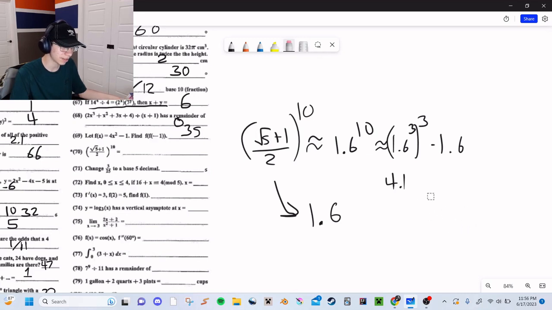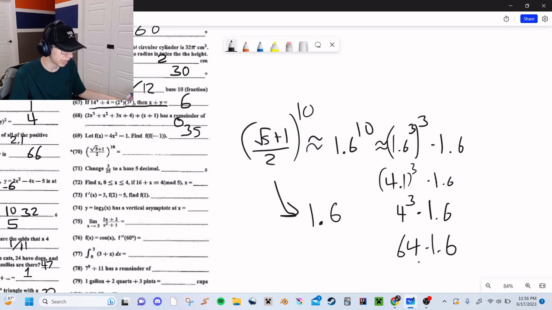Round up a little there. So it's like 4.1 cubed times 1.6, which, if I round down, is like 4 cubed times 1.6, so that's 64 times 1.6, which gets me about,